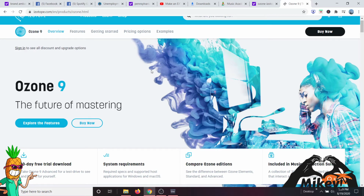Ozone 9 is so powerful, and the presets are so phenomenal, you don't need to overthink your mastering. Now, I take it a step further, but at the very least, why do you not own Ozone 9? Even if you can't get Neutron, you should get Ozone 9, because even the ability within Ozone 9, without a multi-track going in, just a stereo file that's already printed, you can no longer adjust the different bass instruments,